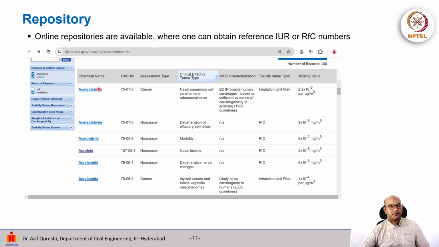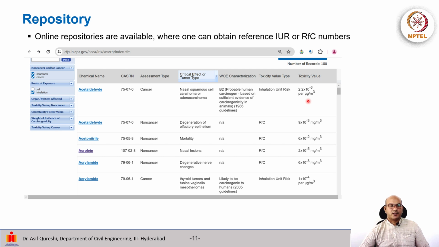Here, for example, for acetaldehyde, the assessment type was a cancer risk assessment. Then the critical effect was tumor. With some characterization, the value available for us to check is the IUR, the inhalation unit risk, and it is 2.2 x 10 to the power minus 6 per microgram per meter cube. So we know that for acetaldehyde, we have the cancer risk IUR of 2.2 x 10 to the power minus 6 per